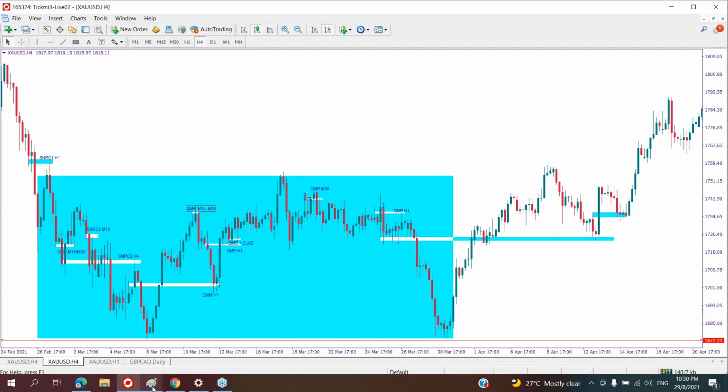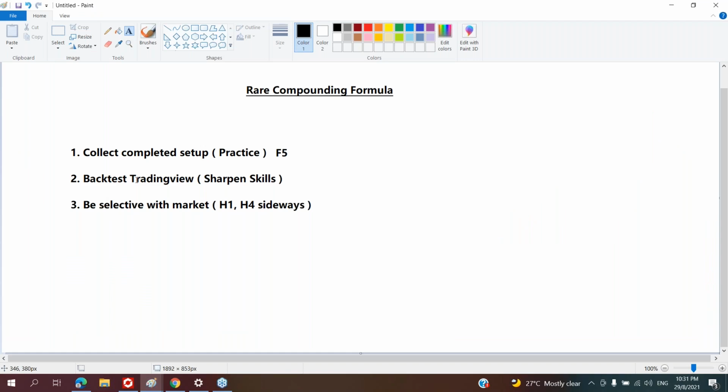Number two, backtest in TradingView to sharpen your skills. I think this one you guys understand, right? And number three, you have to be selective with the market. H1 and H4 sideways. Why H4 and H1 sideways? Because